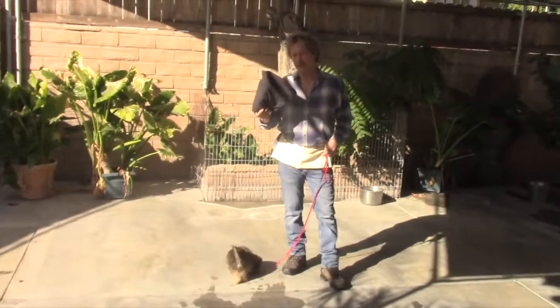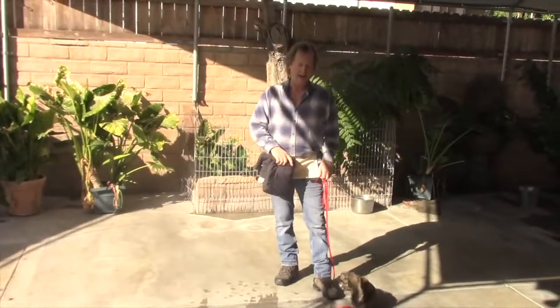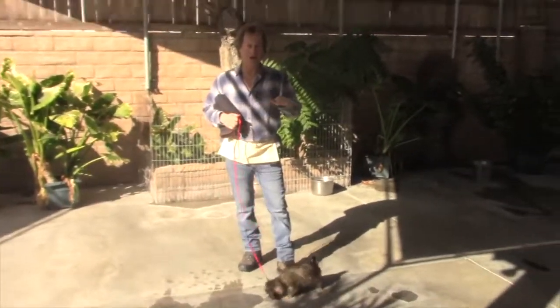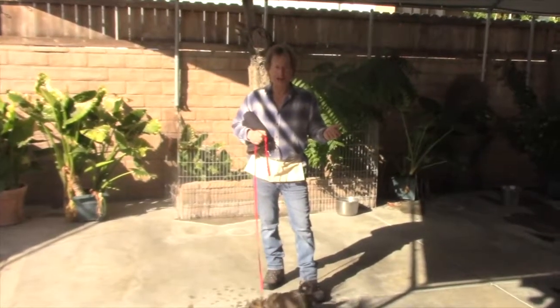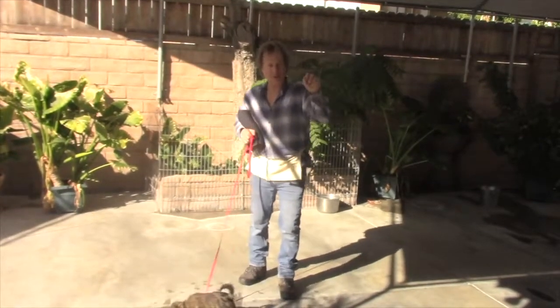It's really the foundation exercise for all the other stuff, because if you just did this every day for 5 minutes or so when he gets older, you see he gets calmer and calmer and calmer. And who doesn't want a solid down-stay? Pretty soon he's down on the mat, you're going outside, knocking on the door, ring the doorbell, you come back,